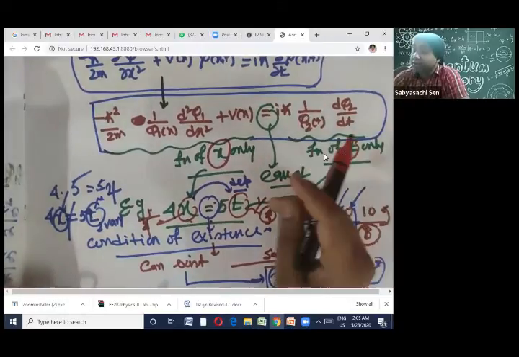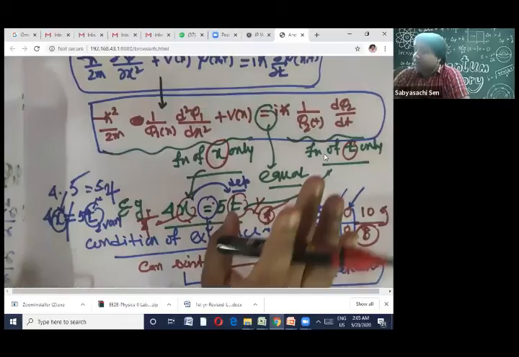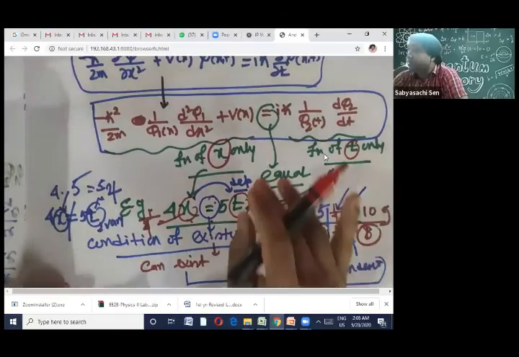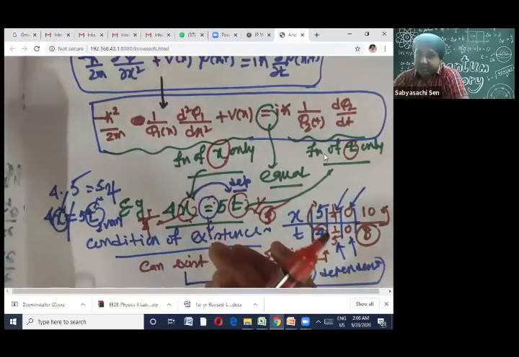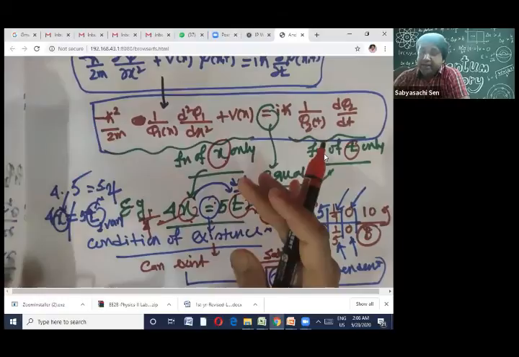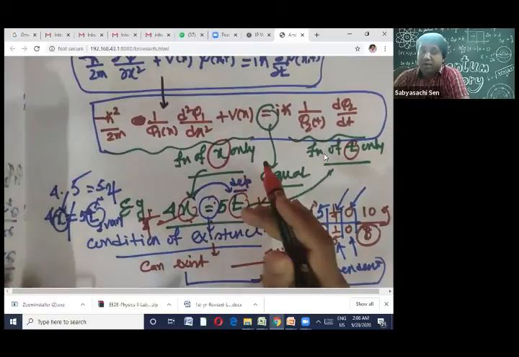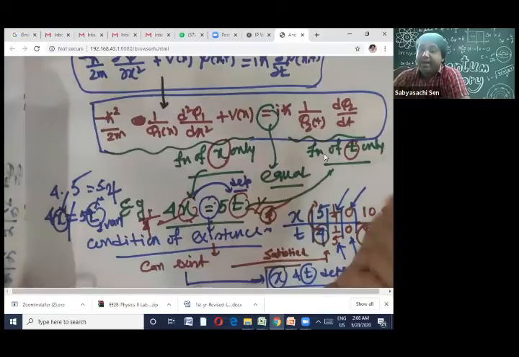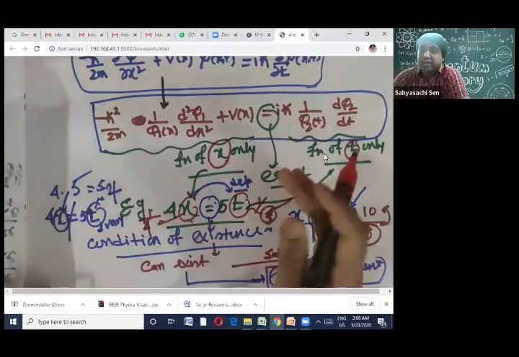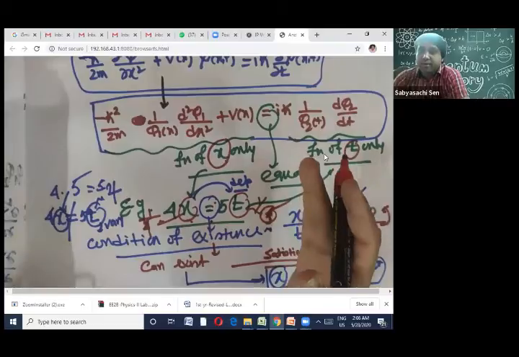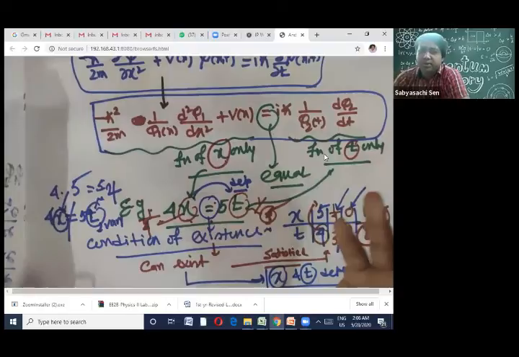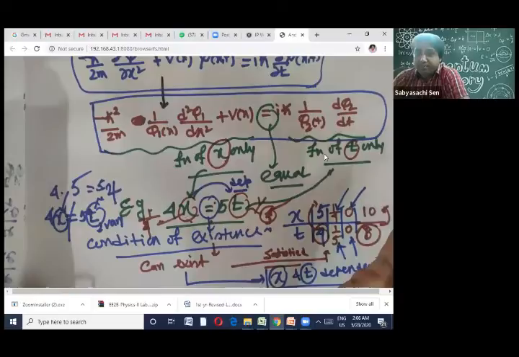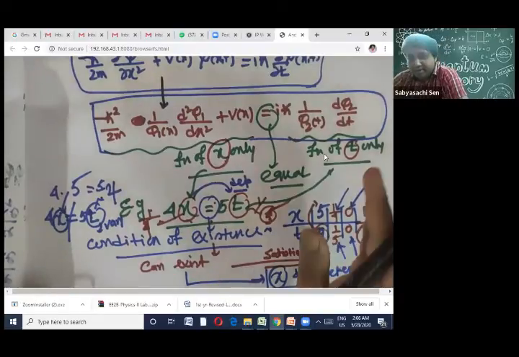Now the question is, do they depend on each other? What is the meaning of x in my problem? In our problem, x means position and t means time. You know x and t are two different coordinates. Time is the fourth coordinate. And time does not bother whether position changes. Suppose I'm sitting here for the last 45 minutes. Time is changing, but my position is remaining unchanged. So time does not bother whether position is changing or not. It's a separate coordinate. So in our problem, x means position and t means time, and they do not depend